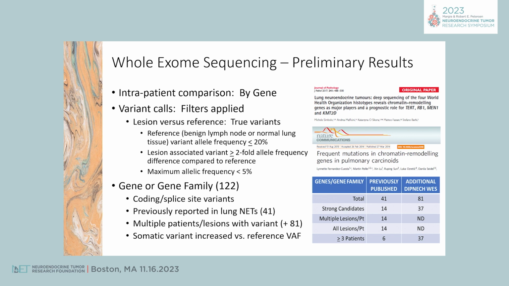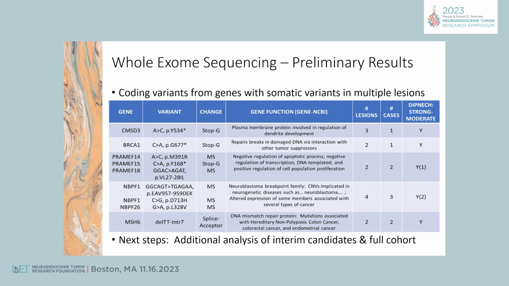We're maybe about halfway through, or a little more than that, evaluating these particular variants, and those are summarized in this table here. You can see there are a number of different genes involved. Here we restricted this to alterations in the coding region or the splice site regions. You can see in the columns on the right that all of these were present in at least 2 lesions and up to 4 lesions, and a couple of them were also present in multiple patients.